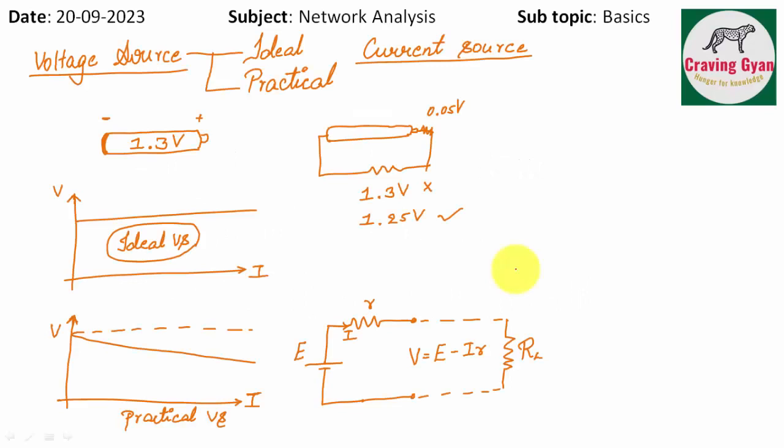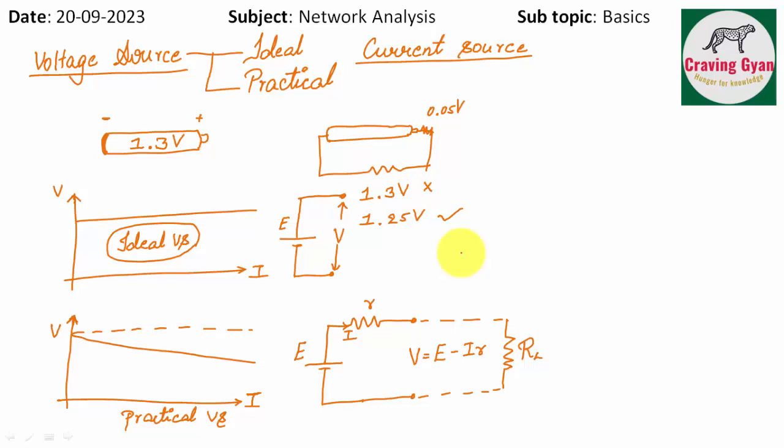So, we have talked about voltage source. We have two variants of voltage source, ideal voltage source and practical voltage source. How do we represent the ideal voltage source? Something like this only, E. It will not have that R term. The terminal voltage is V. But in the practical voltage source, you will have the internal resistance,